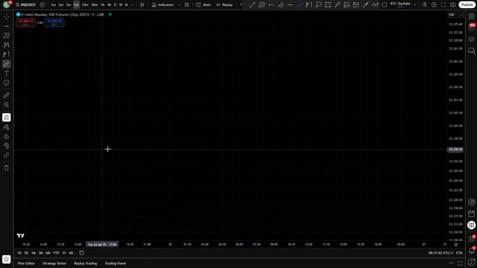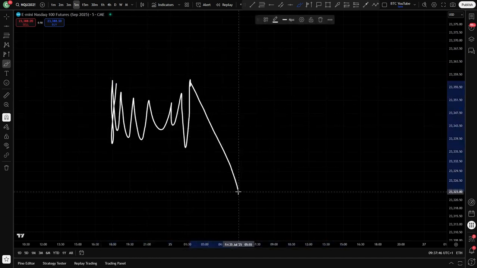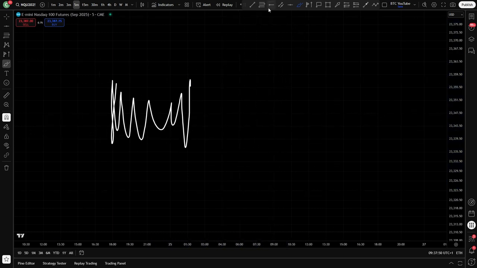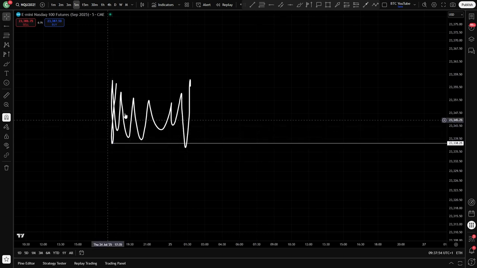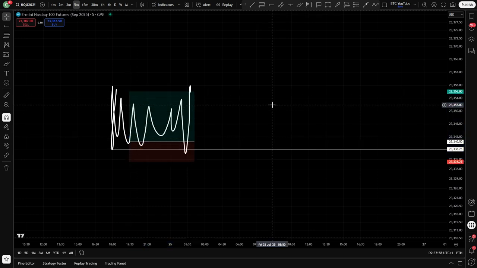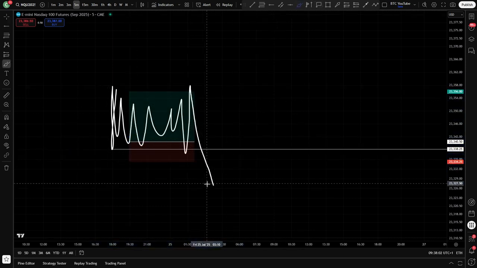So the strategy, very, very simple. You've got your accumulation, your manipulation, and your distribution in the markets. This is what you're looking for. Basically, you've got your lovely, lovely area of accumulation. You've got your liquidity looking something like this. You know there's tons of stop losses below this. And then what you're looking for is your nice manipulation down, taking out all the stop losses, and then you